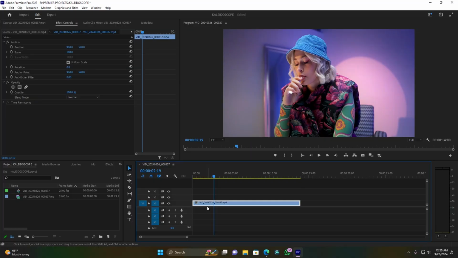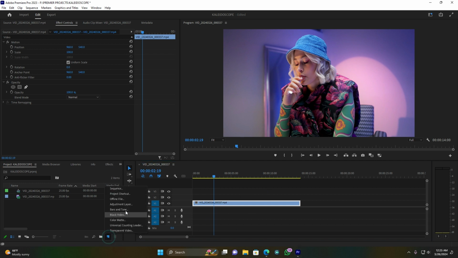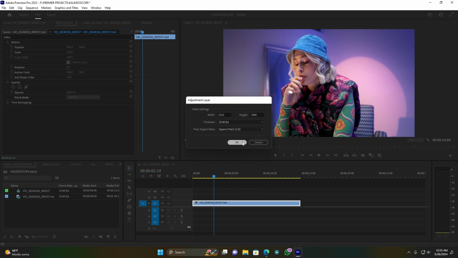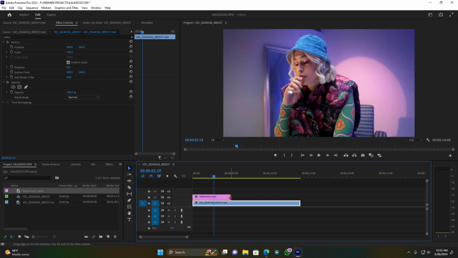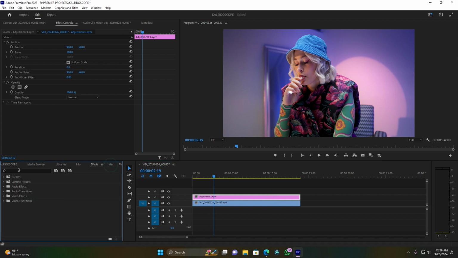So yes guys, I'm going to apply the adjustment layer on this clip. So now clicking on new item, let me add adjustment layer. So let me drag it here above this clip. Okay, so now come here on effect, then search the effect called replicate, then apply it here on this adjustment